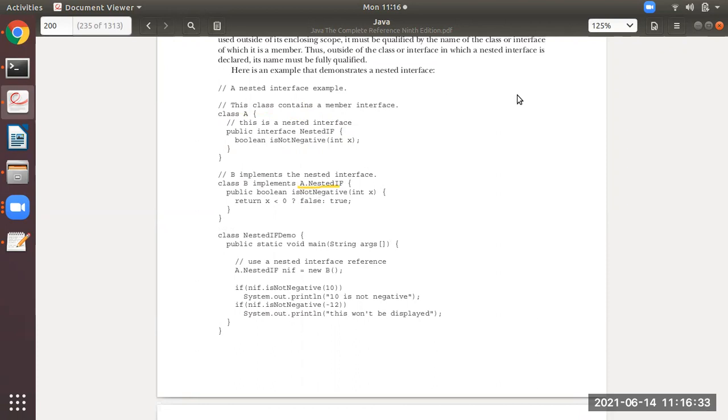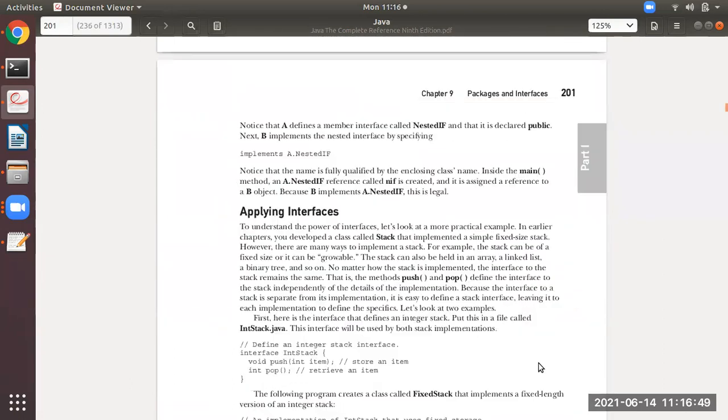Now the definition is here of this particular abstract method. The method which is only declared is defined here. I hope you all have understood, students. This is nested interface.